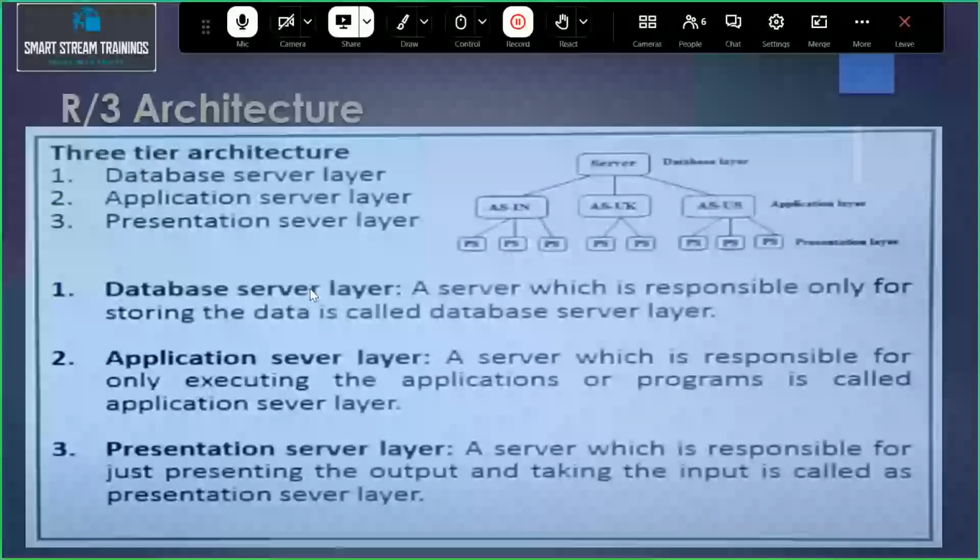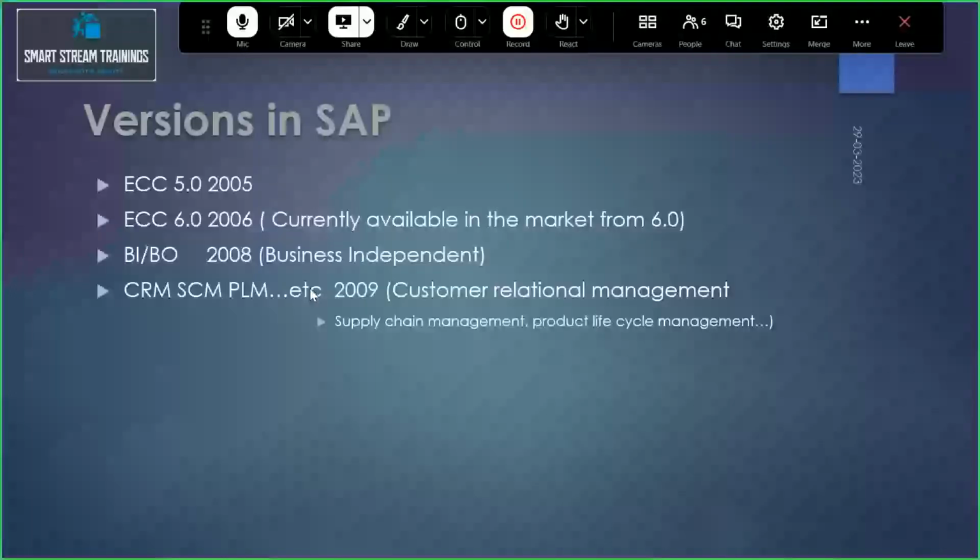So inside here, there are different versions in SAP. The first version they released in the R/3 section is the ECC version. ECC 5.0, the 5 indicates the year in which it was released.